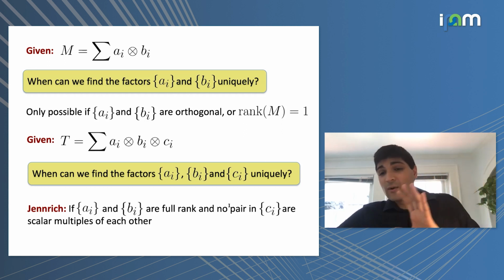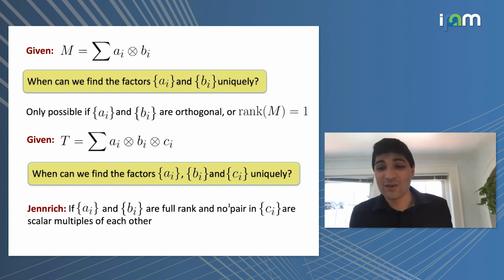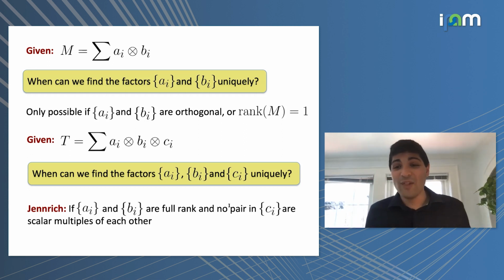Whereas if it were actually a random tensor with random factors, then there are methods based on the sum of squares hierarchy that can work up to n to the 3 halves, but that seems to be the limit from connections to random CSPs. Okay. But maybe we can take such a technical thing offline, because I don't want to kill people. We can talk more about it later.